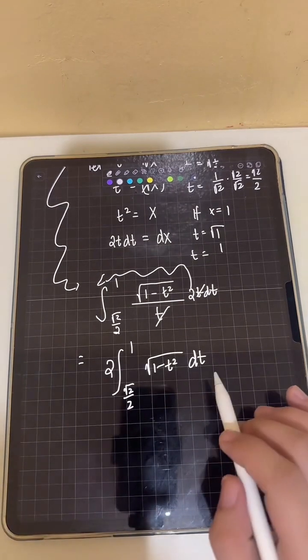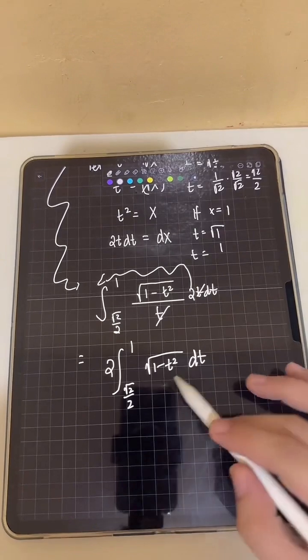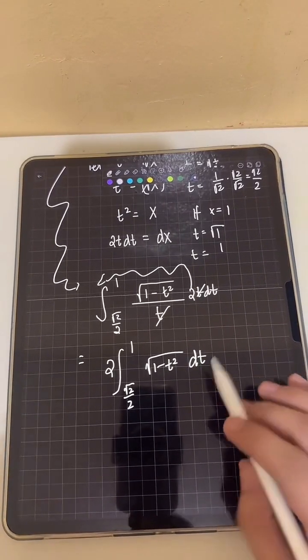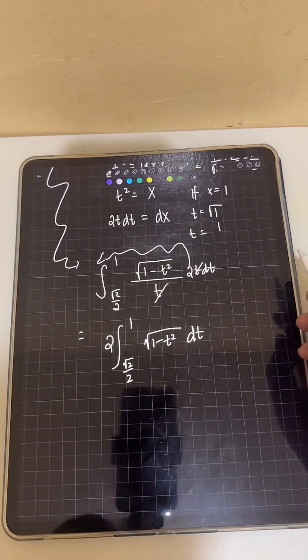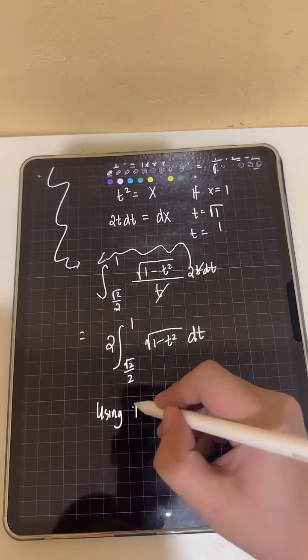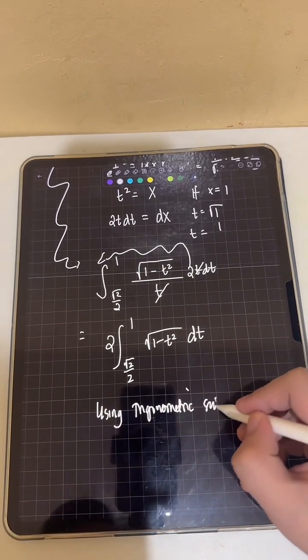But how can we evaluate this integral? If we have the square root of a constant minus a variable squared, we can try to apply the trigonometric substitution. So using trigonometric substitution,